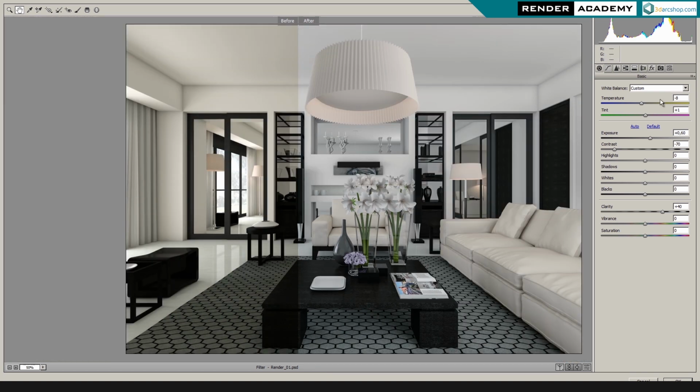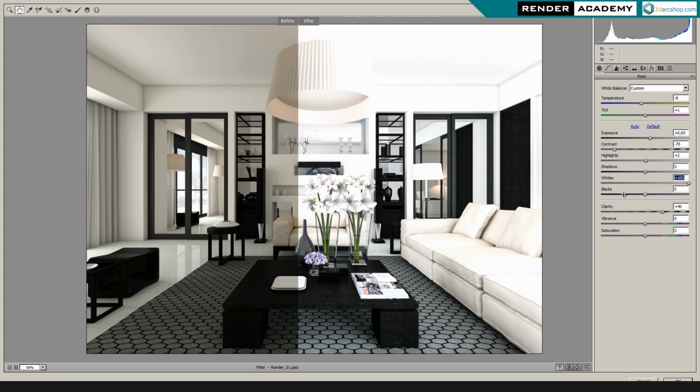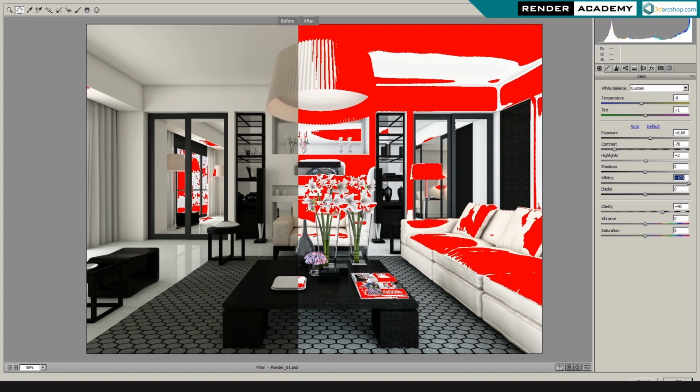So, okay, let's continue with the brightness inside this image. Now, I want to manage the highlight and the whites. So I want to extend this to the right part, so I want to benefit of all the histogram. If you click on these icons on the top, you can activate this warning for the overexposed and the underexposed